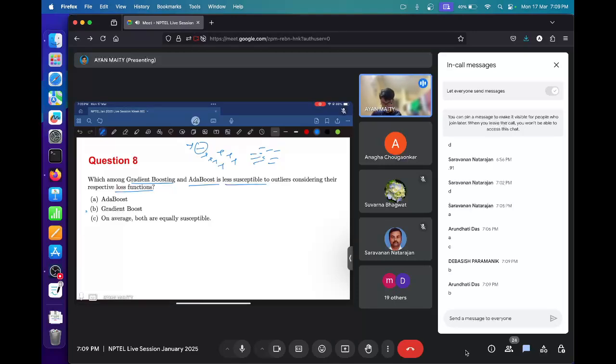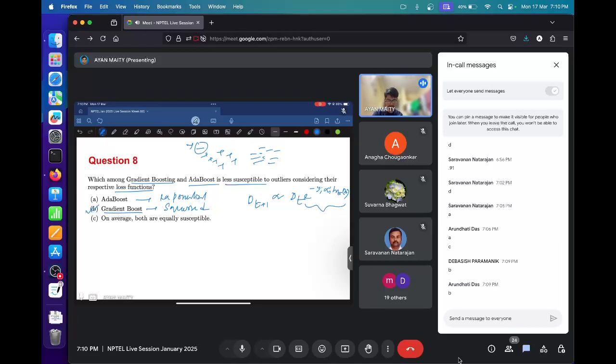The correct answer is option B, gradient boost. So gradient boost uses squared error, but AdaBoost uses exponential error. In the AdaBoost expression, you can find out that D_{t+1} is proportional to D_t into e to the power minus y_i alpha_t h_t(x_i). So this e to the power expression